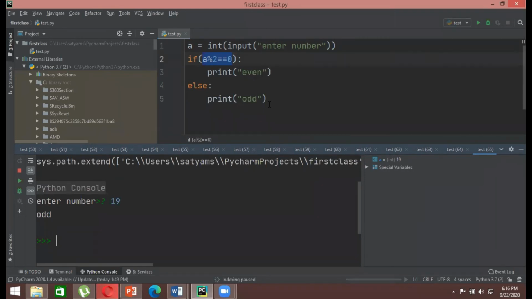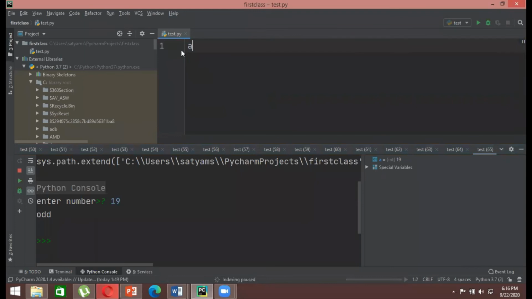Okay. So we'll also now look at another example, whereby, let's say we have a tuple which consists of a set of numbers. Let's say we have a tuple A. So how should I start my tuple? Parenthesis. Right. So I'll start with the parenthesis and I'll store some numbers. Let's say 1, 2, 3, 4, 5, 6, 7, 8, and 9.